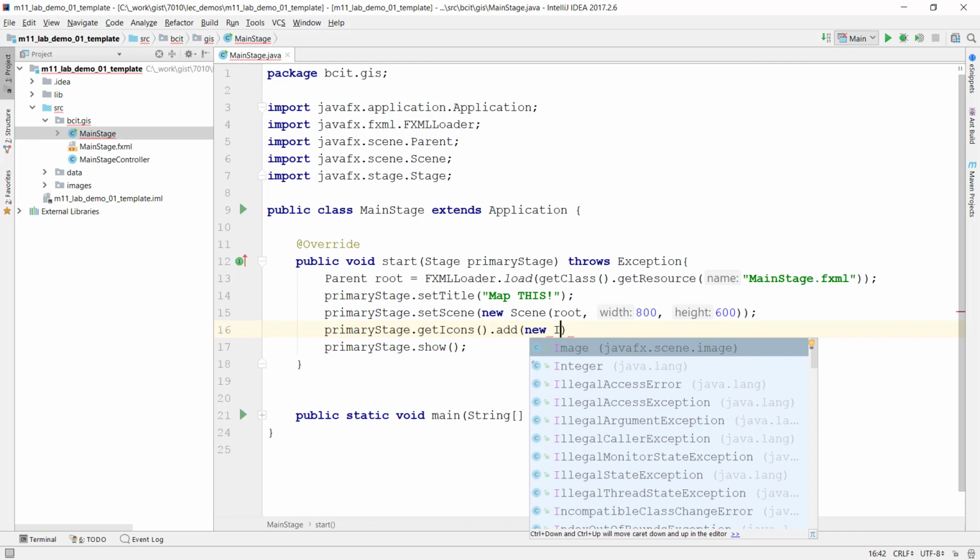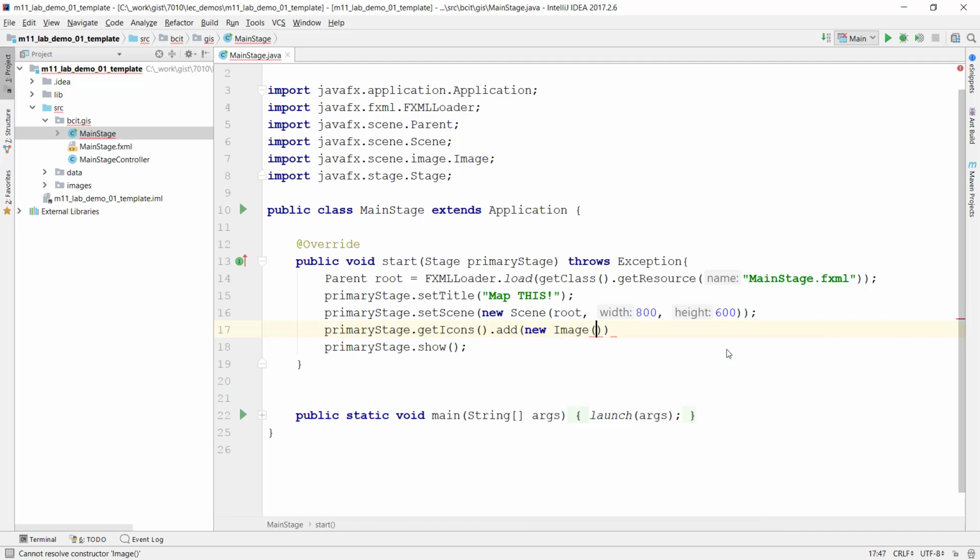I think it's remembered where I was. So make sure it says Image and then javafx.scene.image. And I just have to give it a string that represents a path. And I'm going to go images/globe.png. So that's that file I put into this directory over here. Okay. And that should change the application